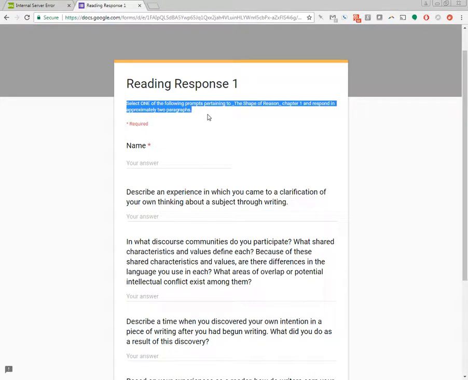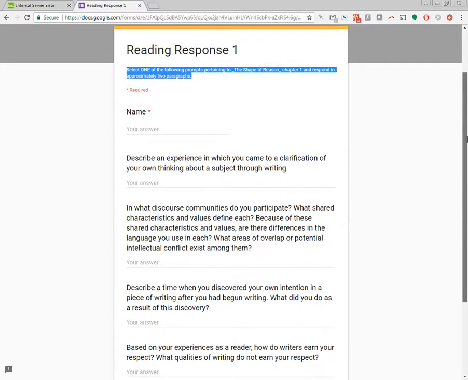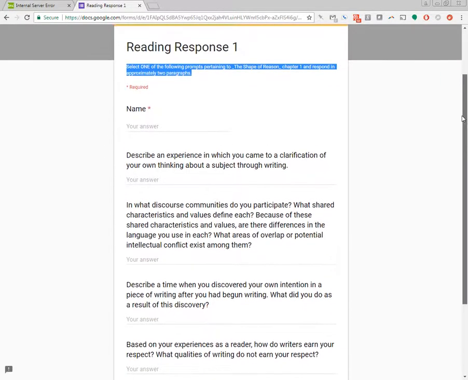So select one of the following prompts pertaining to that first chapter and then respond in approximately 2 paragraphs. As I said, the point in doing this is priming discussion that we'll have in class. Now, when you fill these out, the good thing is